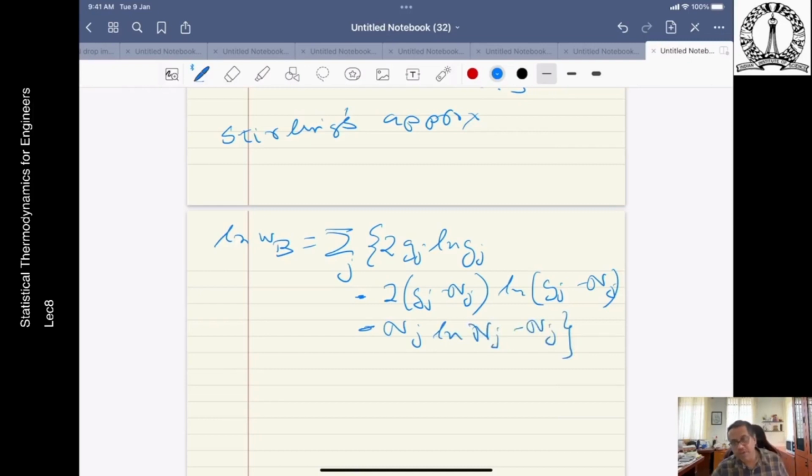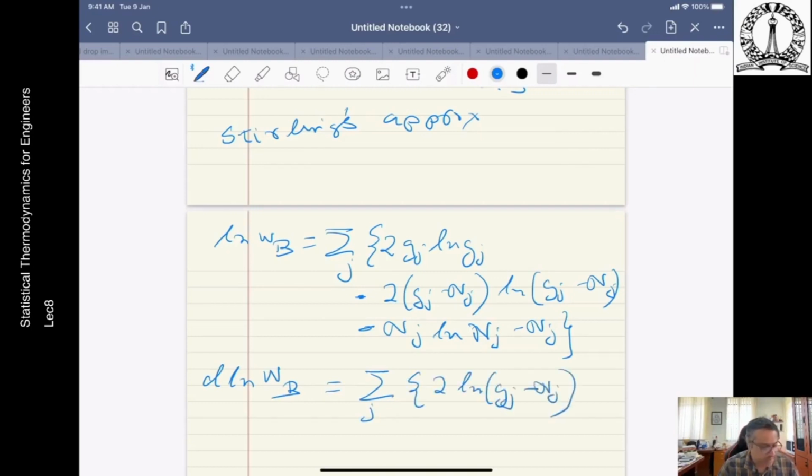So it's a very long expression, as you can see. Now what you do, you differentiate. In the differentiation, what happens? 2 ln Gj minus Nj minus ln Nj